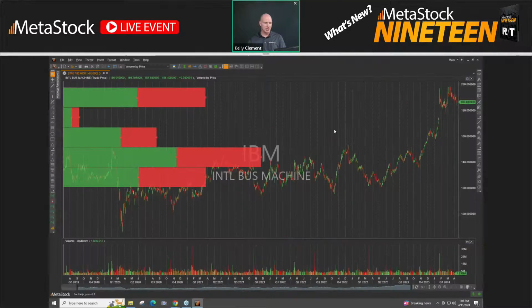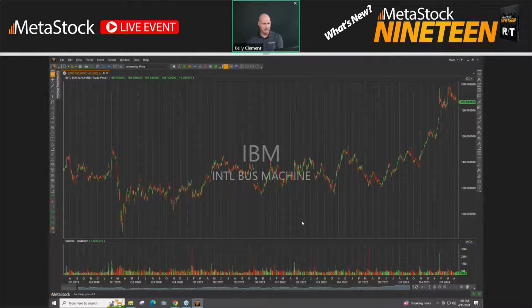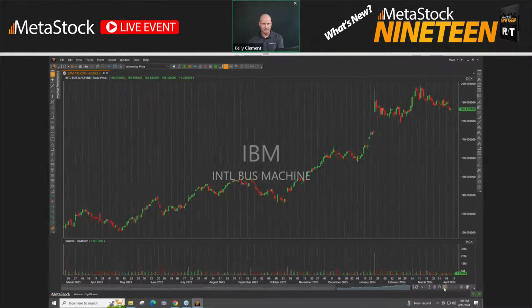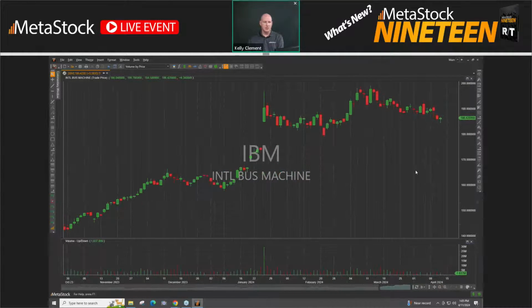Typically if I'm looking at a chart, let's go back to IBM here, and let's zoom back in. Okay, so here we're looking at a daily bar, so each bar represents one day. That's the way most normal charts work. Things like point and figure, Kagi, Renko, those are different. But what we're going to talk about is one called range. What range does is it gives us a chart display based off of how much movement you have